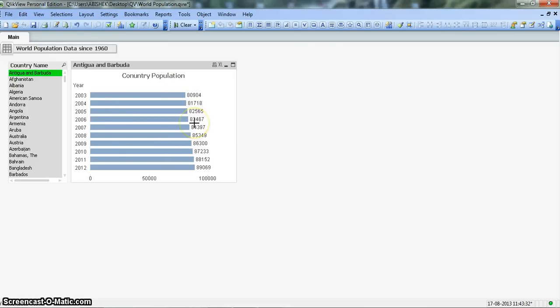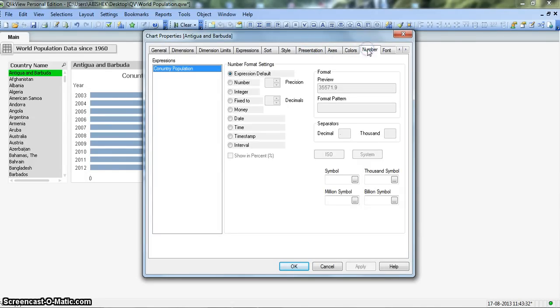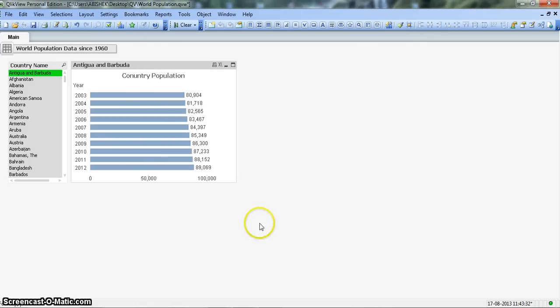Say these values are presented as numbers, but you want to apply some kind of formatting on these numbers. For that, again you need to go into properties. So right click on the chart, go to properties and click on the numbers tab. Here you have the number format settings for the expression. Currently it is expression default, and you can change it to your required formatting. Say I want to change it to integer, and this is the preview which will come, and I click apply. Okay, so you now see the chart numbers are now properly formatted,